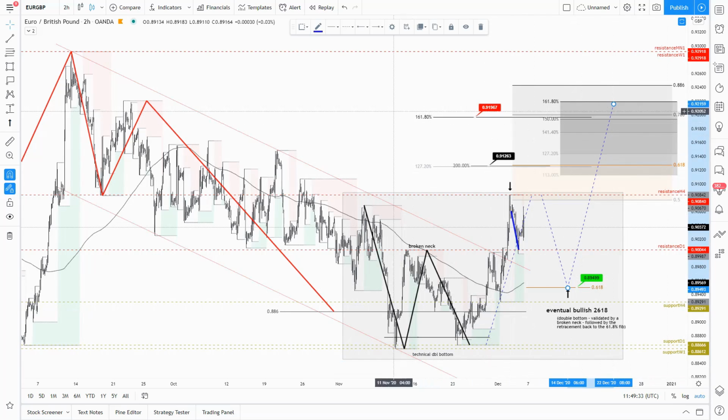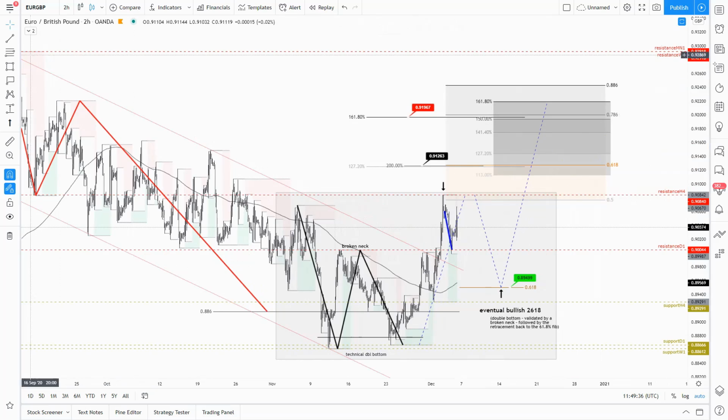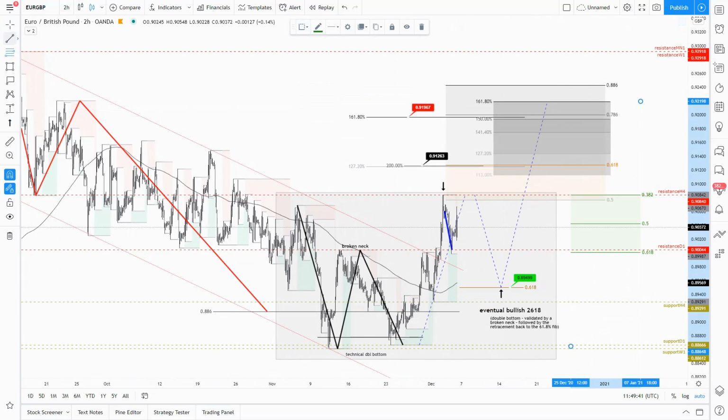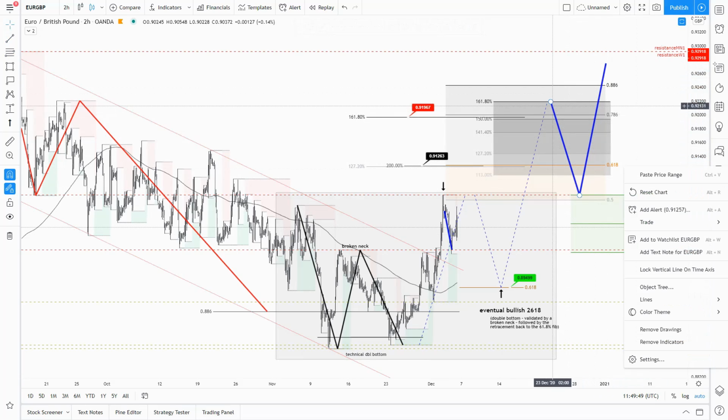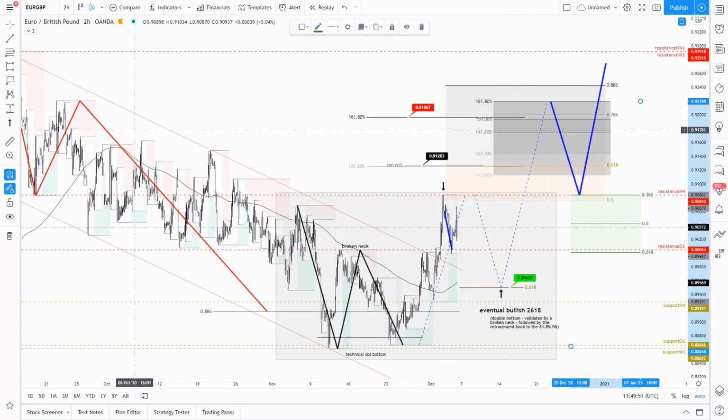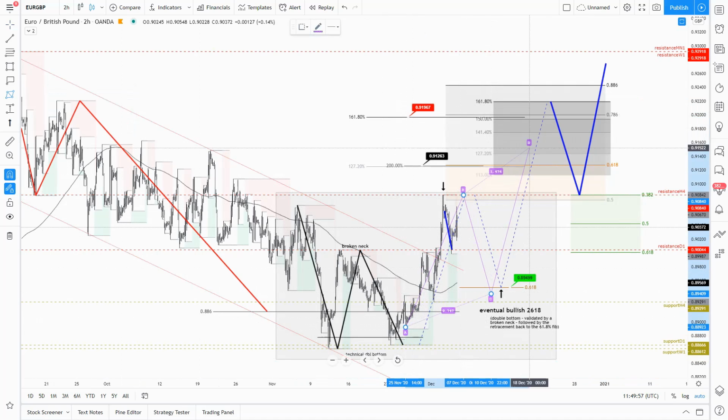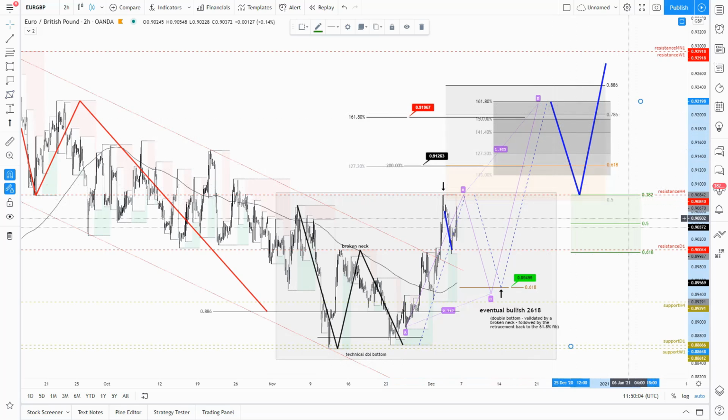So let's see if that will happen, because if that happens, an ABCD pattern will force the price into a retracement and eventually more upside momentum. Okay, so this is the default expectation after forming an ABCD pattern. So let's say a symmetrical ABCD pattern should offer a retracement, usually back to the 38% fib. That's how I tend to search for that as a target. So I tend to search for a 38% Fibonacci retracement.